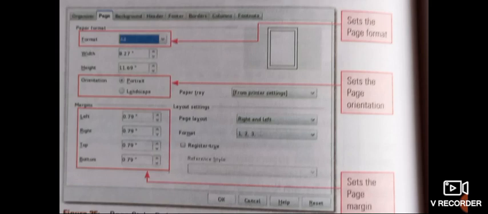To format a Word page, we use the Page Style dialog box as shown here in the video, which is opened through the Format Page option of the menu bar. When the Page Style dialog box appears, we click on the Page tab.